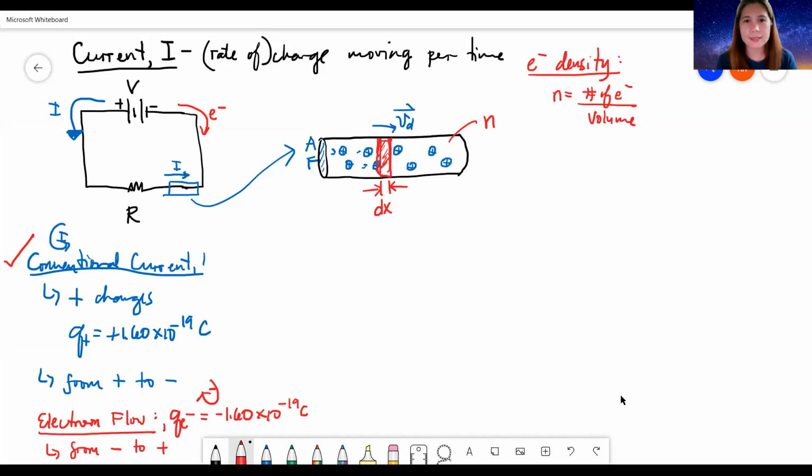And then you have what is called the concentration of electrons, and each charge here carries Q. So we say therefore that